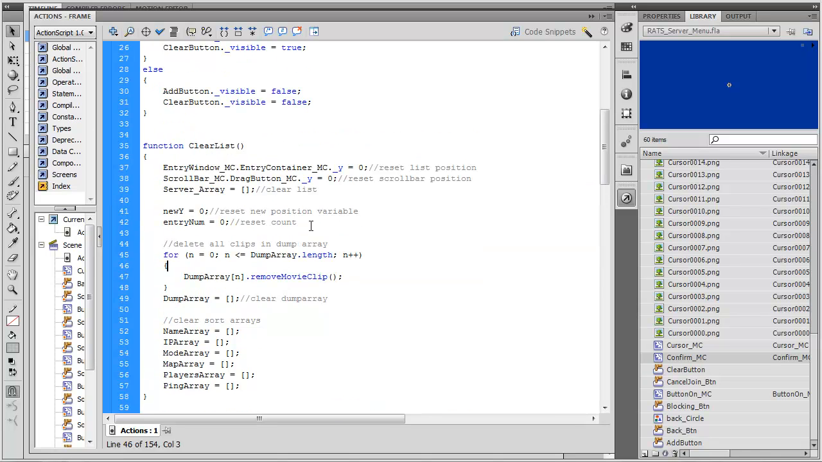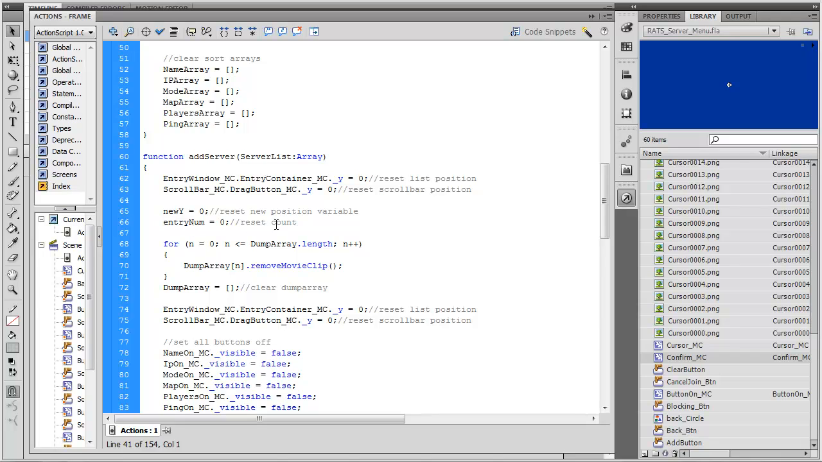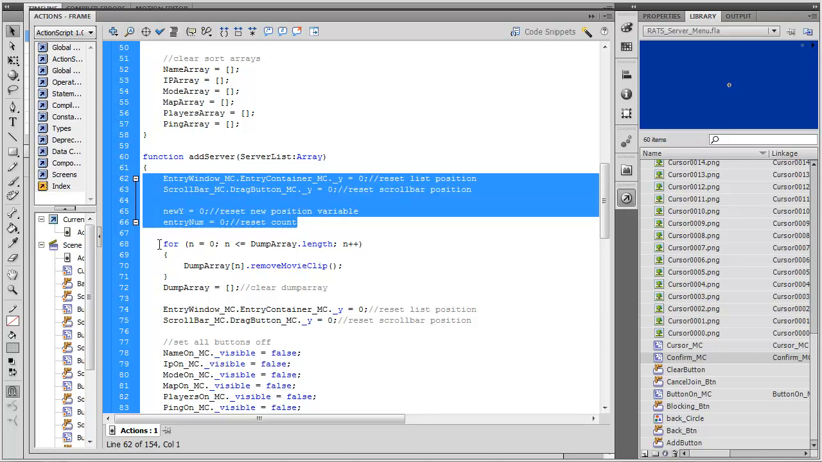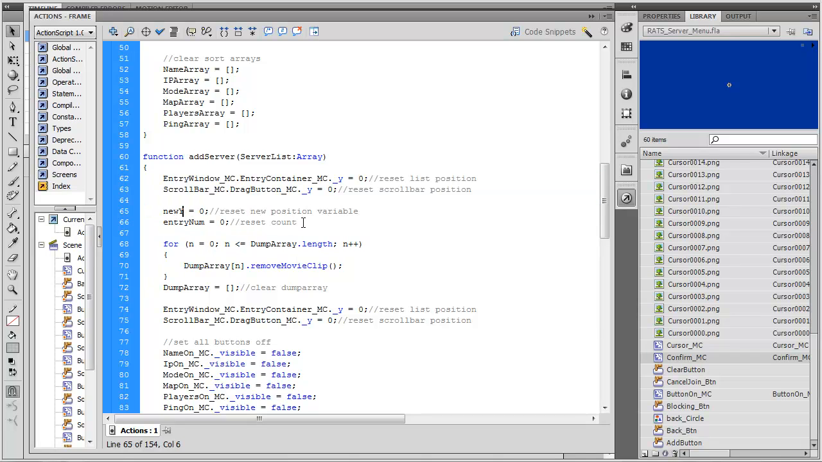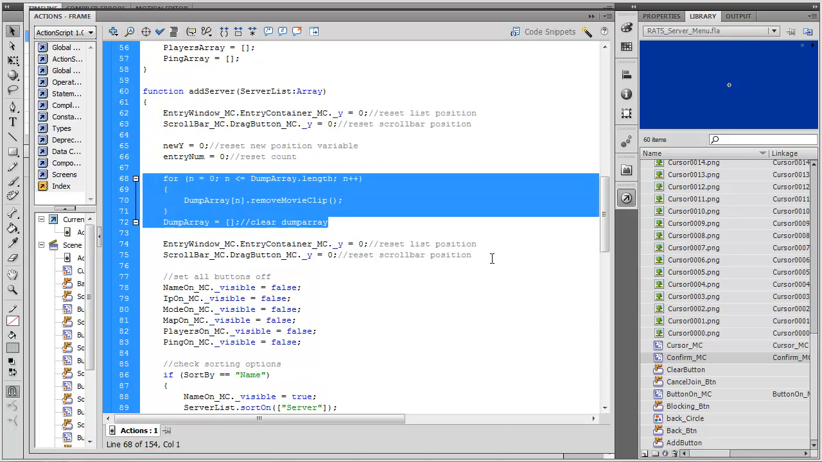Okay, so I reset my variables. Remember, I want to clear everything. Well, that's on clear list. I still reset the variables here. All right, I move everything up, and I reset my Y position. I reset my entry num, and I go through and I dump the dump array. Okay, now I say,